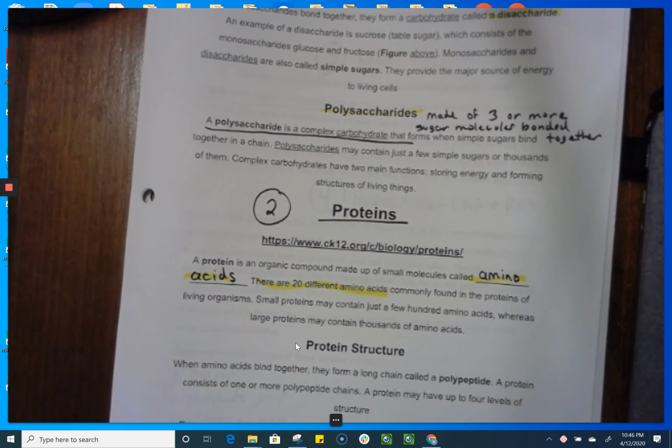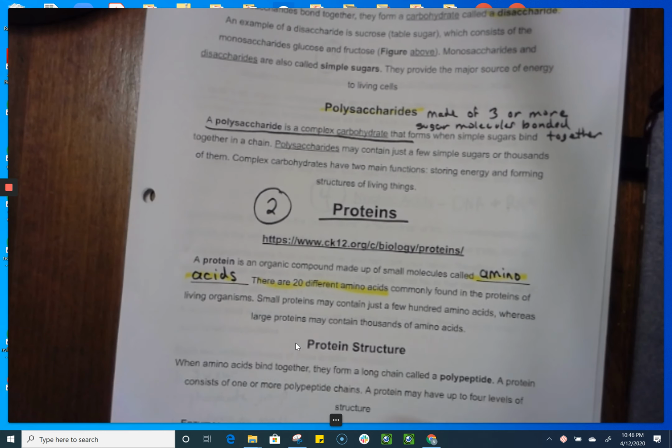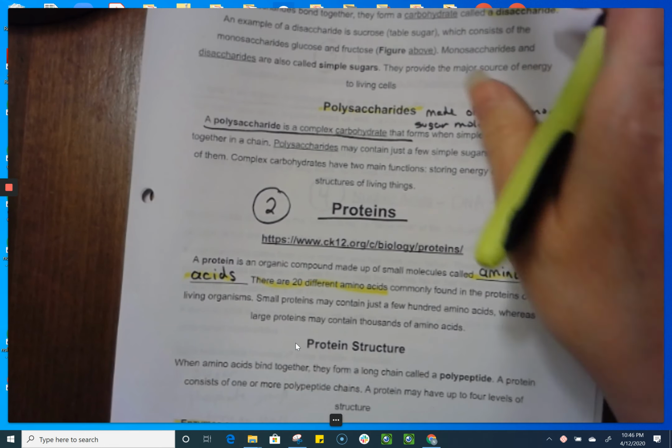So we'll get into a bit more detail. But you need to know that proteins are made up of amino acids, and examples of proteins are enzymes, which